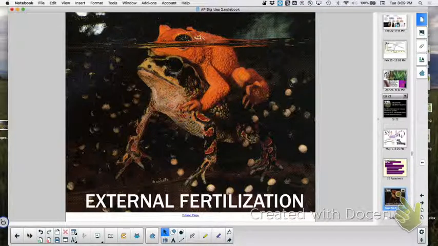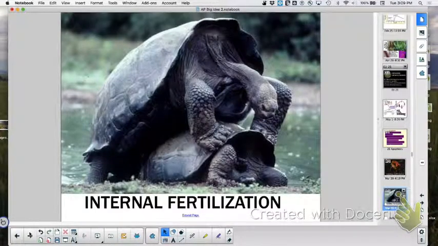Okay, so on the frogs, they have to have a lot of sperm and a lot of eggs because they don't have it centralized in just one location. You don't have just one location where that fertilization is going to take place. Whereas internal fertilization,